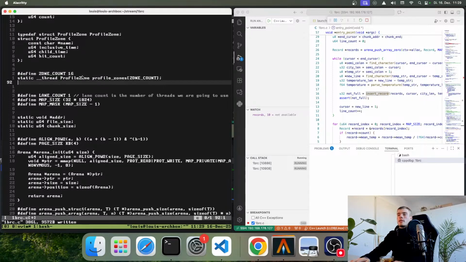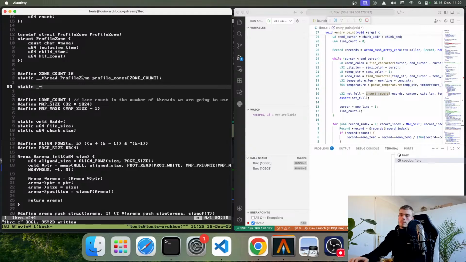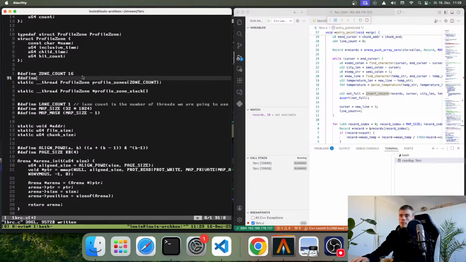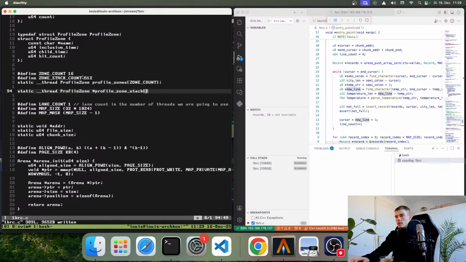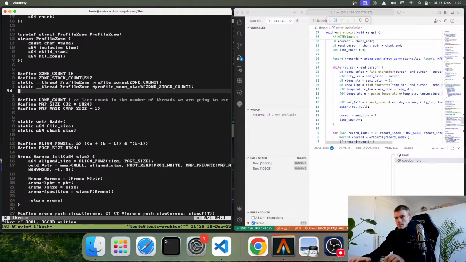Let's also say that each thread has a profile zone star, a profile zone stack, to keep track of the individual calls inside these zones. And also pound define zone stack count as 512. I don't know. Zone stack count. Now,